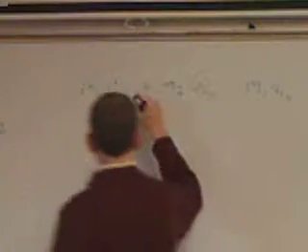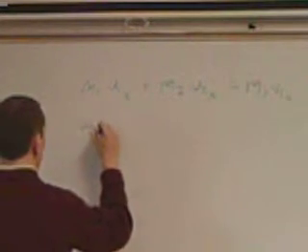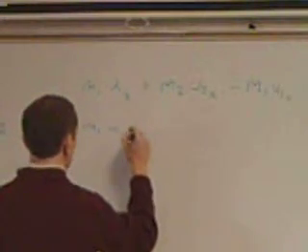So what we're saying with this equation is that momentum is conserved in the x direction. That's what this equation is telling us. And we can just as easily say it in the y. So we can rewrite the same equation in the y: M1 U1y plus